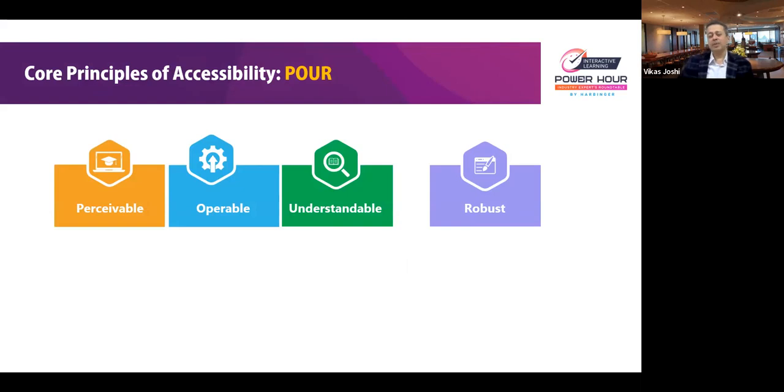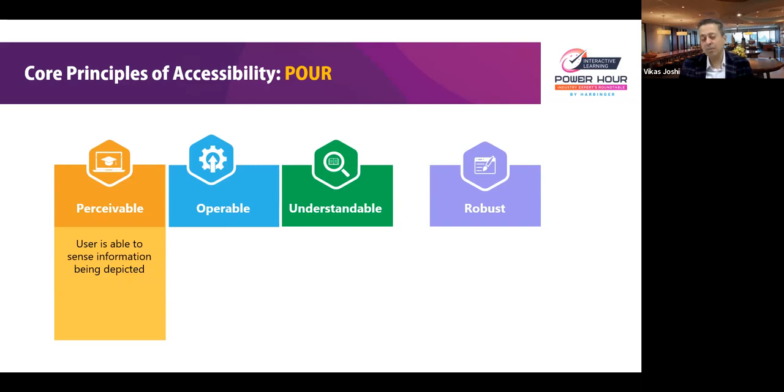These 4 principles are abbreviated as POUR: perceivable, operable, understandable, and robust. First, your learner must be able to sense things. For example, if your sentences have important words highlighted in a different color, and the learner cannot distinguish between colors, he or she is just missing crucial information. So there is no perception there. Your content is not perceivable.